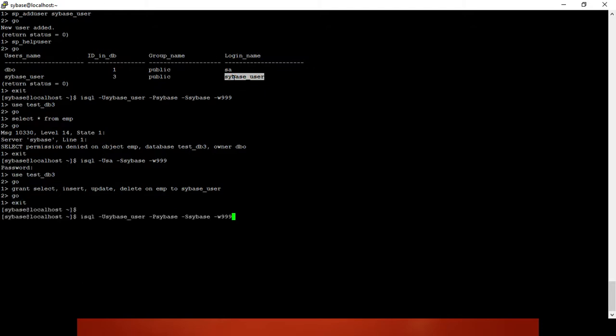Log in with the Sybase user. Use testdb3. Now select. Now you have access. You can insert.